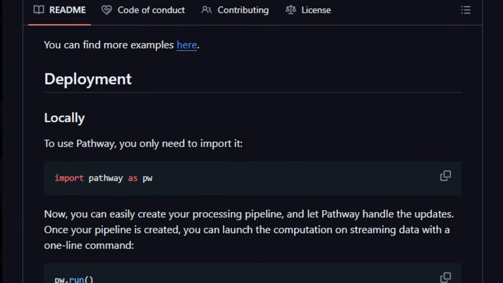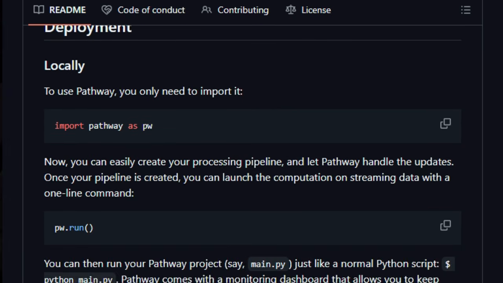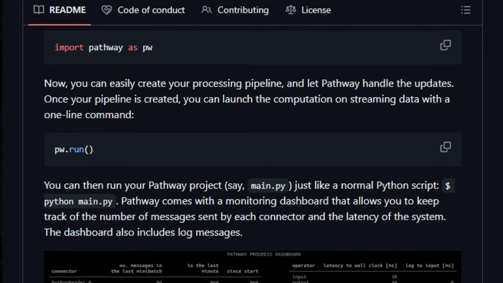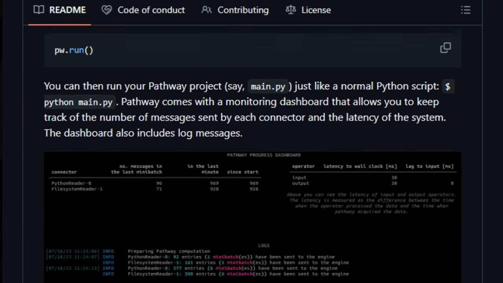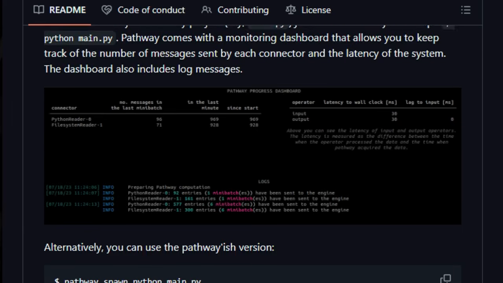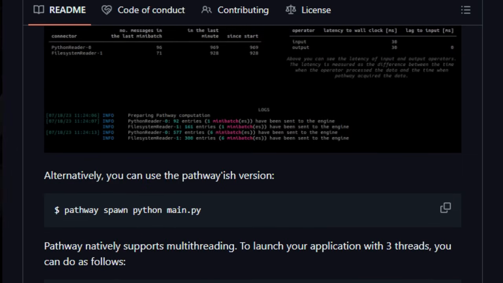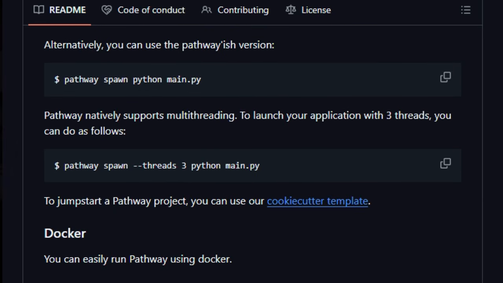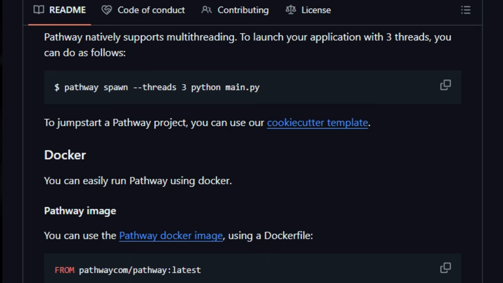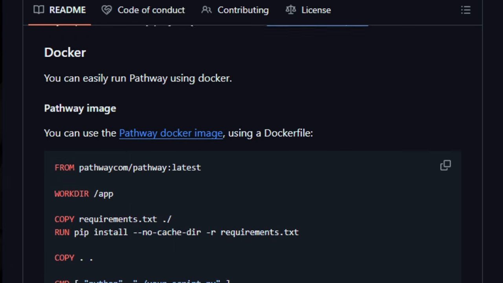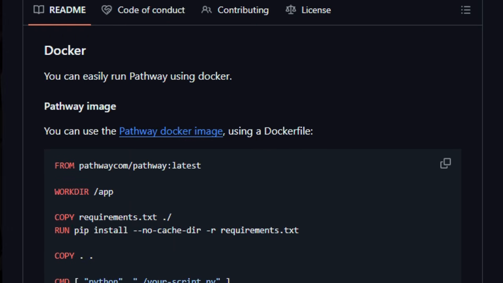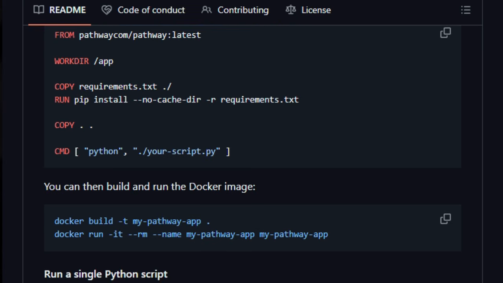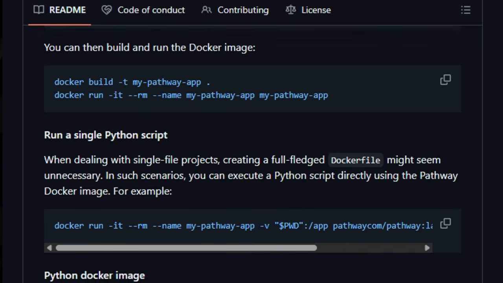Pathway's architecture is both efficient and resilient, because computation stays in memory and leverages a Rust engine based on differential dataflow. It handles high throughput and low latency workloads with grace. It also supports stateful operations like windowing, grouping, and temporal logic, which are crucial when working with streams and event time. And when systems crash or need to catch up, Pathway supports persistence and backfilling, letting you resume or fill